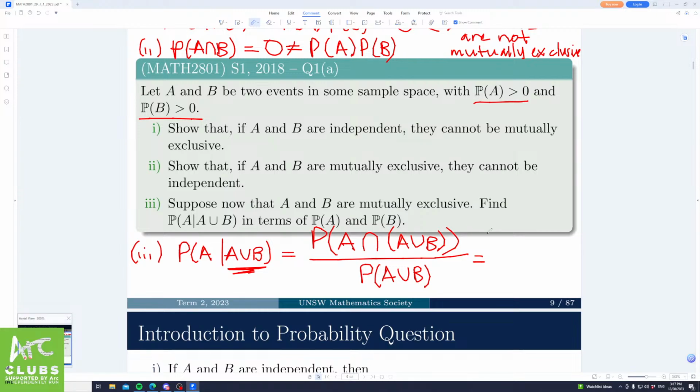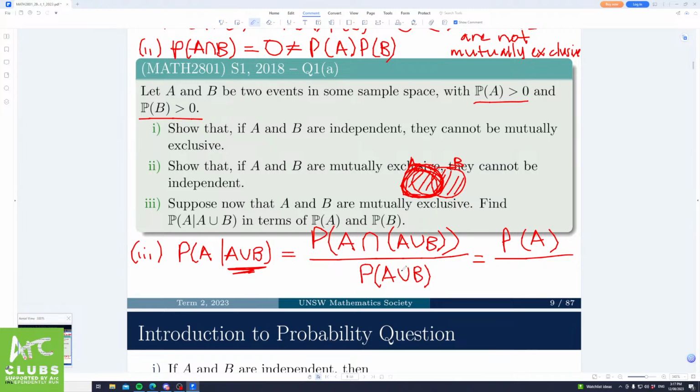So I guess if you wanted to think about this visually, if we have two sets and the left set was A and the right set was B, well, A union B would be this entire region shaded. And if we want to do A intersected with that, well, we're actually only just taking set A. Okay, that would be the intersection of the two regions. So we can simplify our numerator to just be P of A, and our denominator, well, P of A union B,